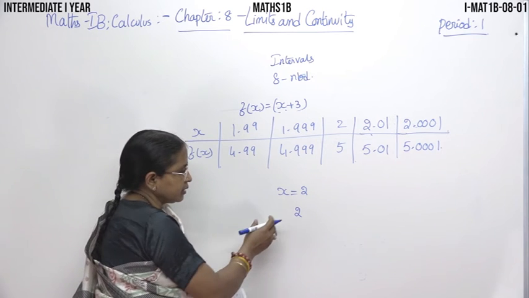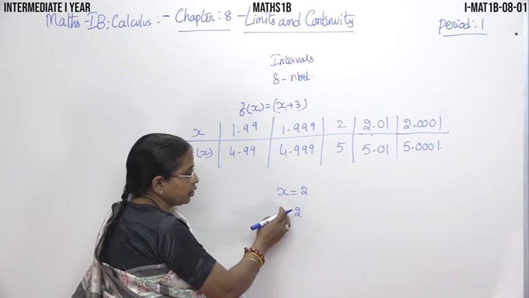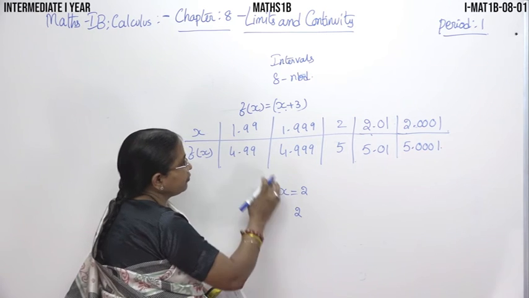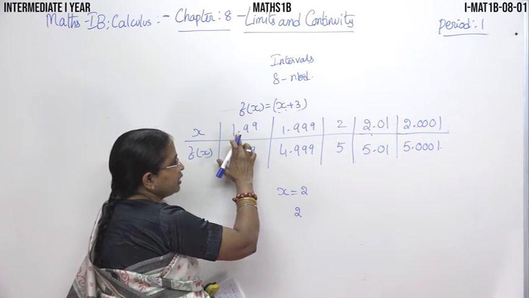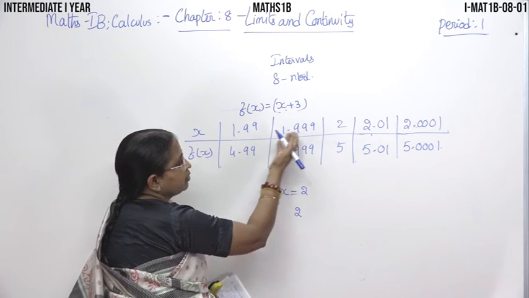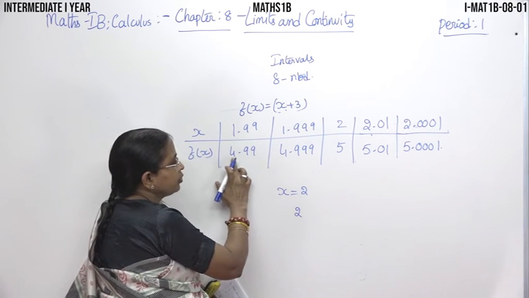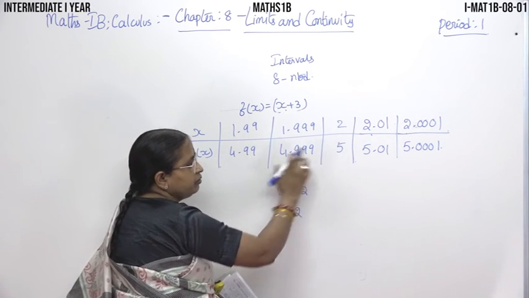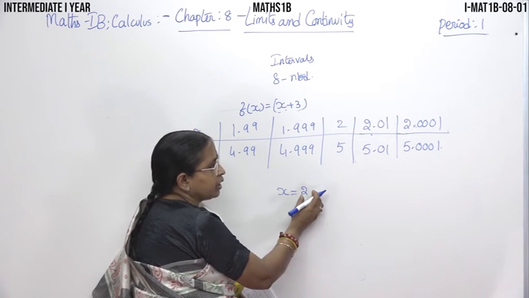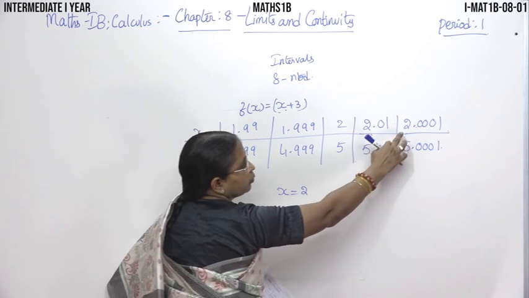We say that x values which are less than 2 and very nearer to 2 are left side values of 2. So when it is 1.99, it is like this. So from the left side values, this function is approaching what number? It is approaching 5. Now if you take some numbers greater than 2 but very nearer to 2, like 2.001,